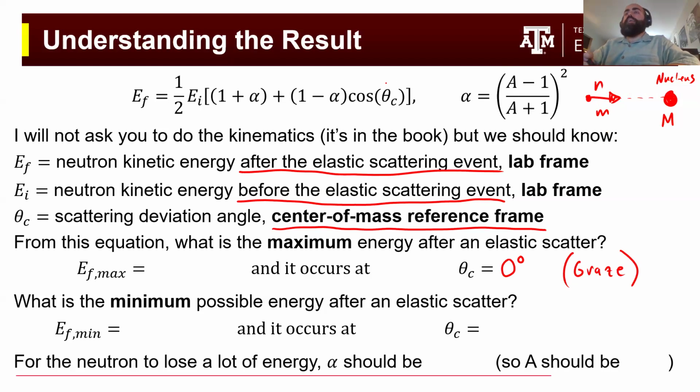And if you plug in 0 for theta c, then you have cosine of 0, which is 1. And then inside of the brackets here, you have 1 plus alpha and 1 minus alpha. So the alphas subtract off, but then you get 1 plus 1, which is 2. And then the 2 here can cancel this 2 here. So that means that the final energy, if theta is 0, is the initial energy,